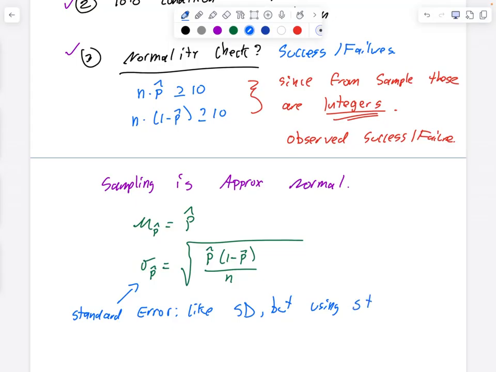Here's what I want to say. Don't overthink it, okay? For the purposes of this course, standard deviation and standard error are basically the same thing. They are the same thing, okay? So for the purposes of this course,